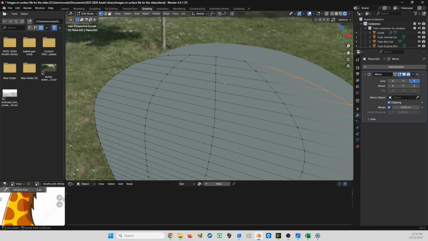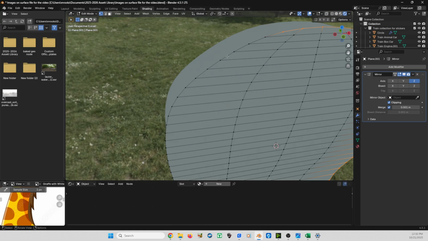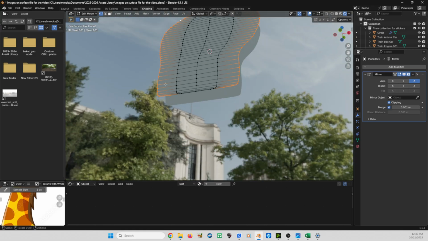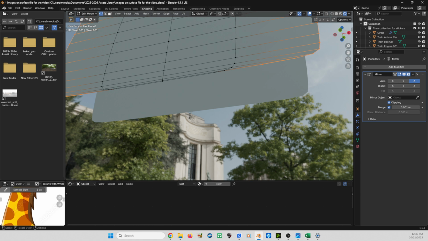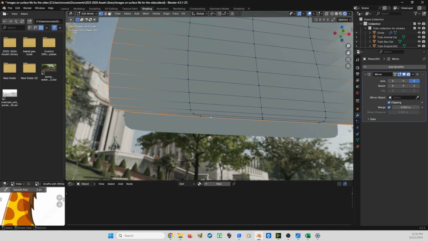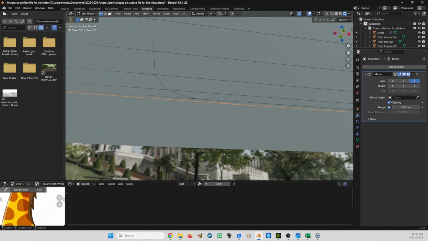Then I'm going to hold Alt and Shift. Left click here on the edge. It's going to get this section. Alt, Shift, left click here, and it will get most of that. And then at the very end, Alt, Shift, left click on the very bottom, and that should get everything on